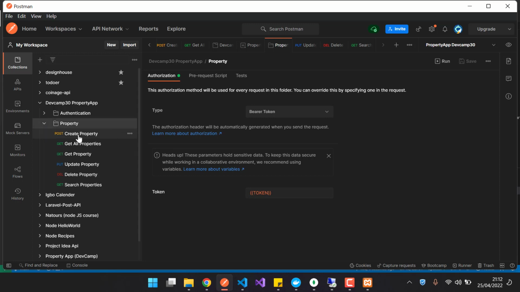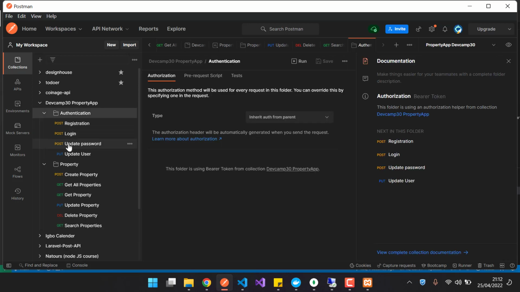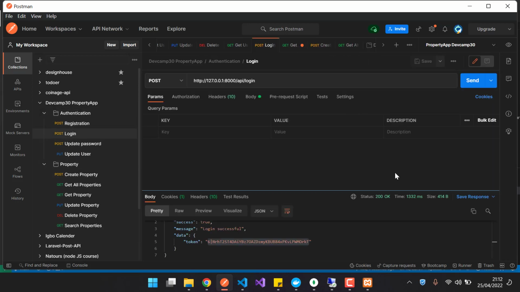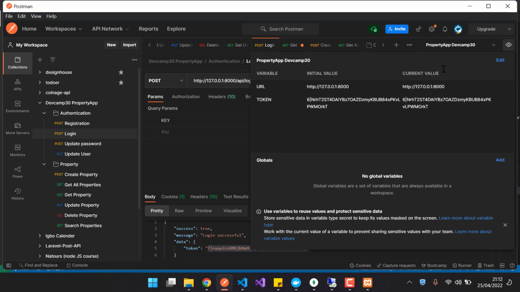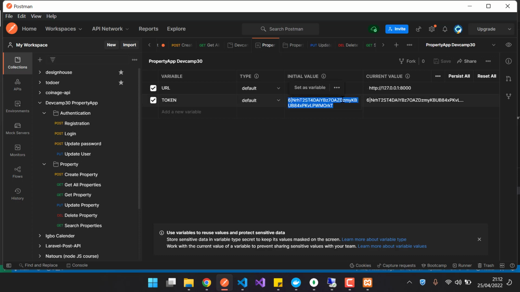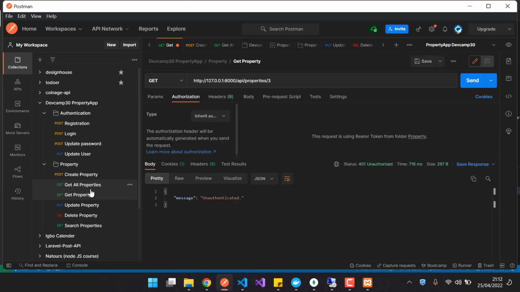So this will save us a lot of time, because if we log in now and we have a new token, what we can do is edit our current environment, change this to this, and save. Now if we run get property again,